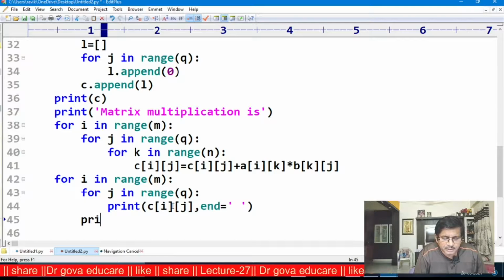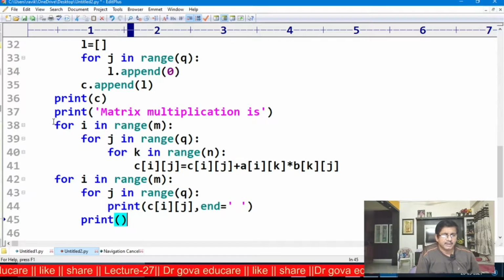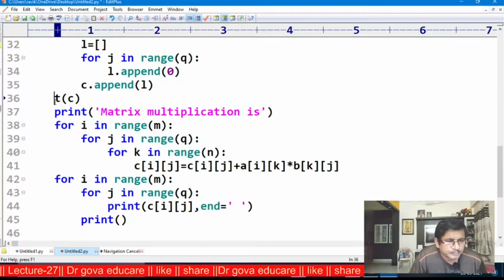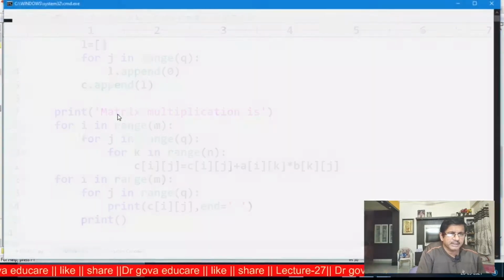After this, print a new line. Here, this print is not necessary. Now I am executing this.